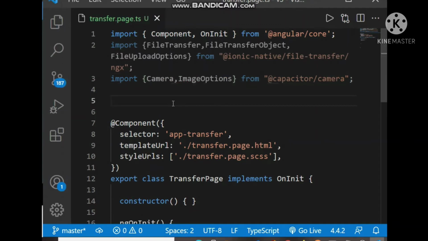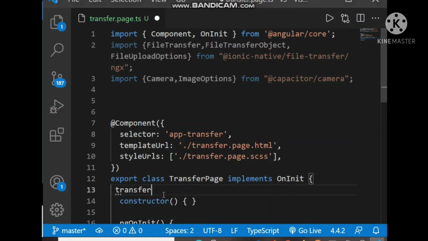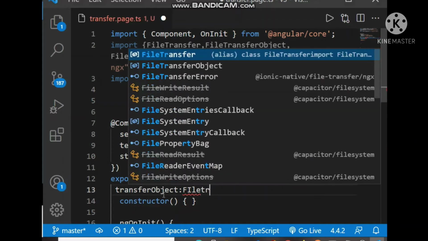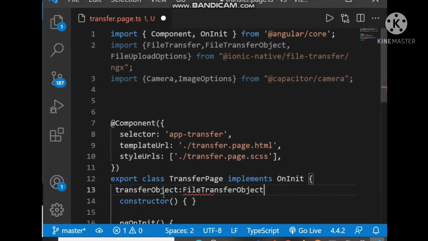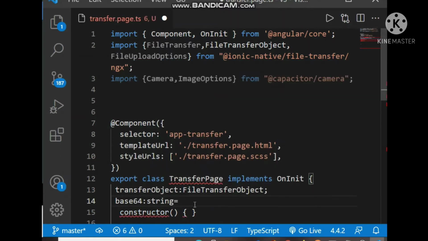We have imported all the plugins on that page. So let's create some variables. A file transfer object. Actually, this variable will be used to upload that particular file, and we will use a base64 string to send to the server.